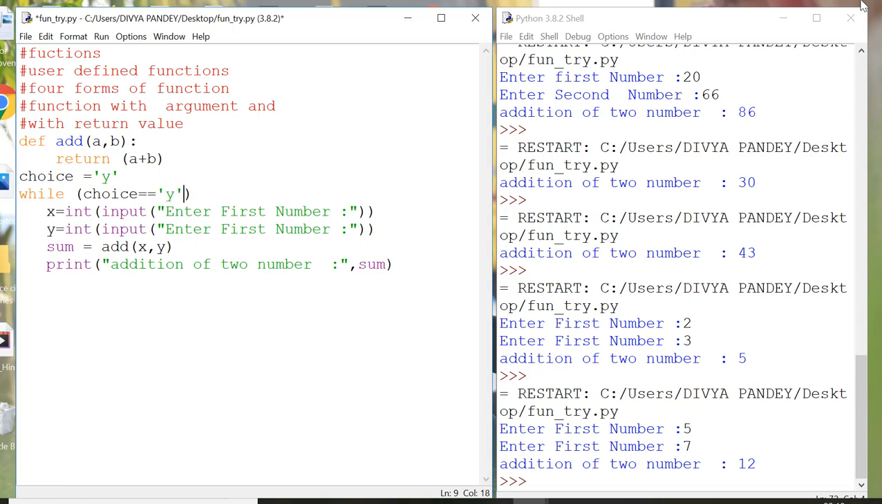If it is yes, then what will happen? It will ask you the first number, second number, right? Then it will call the function and pass these two values to the function. The function will return the added value, which will come to sum, and then this statement will print it. And now again it will ask your choice, right? So mention here choice. Again it will ask you the choice, so you enter choice, input,